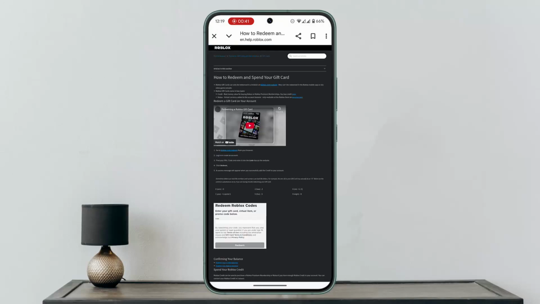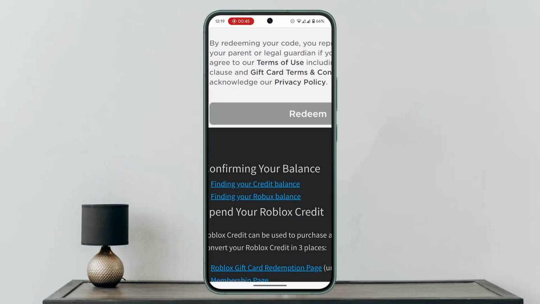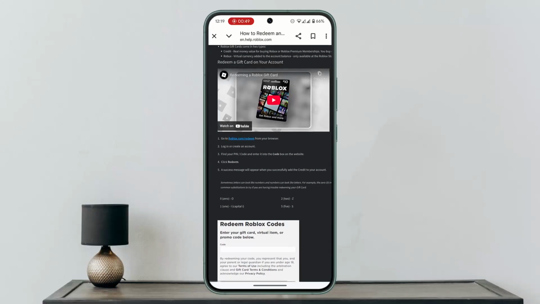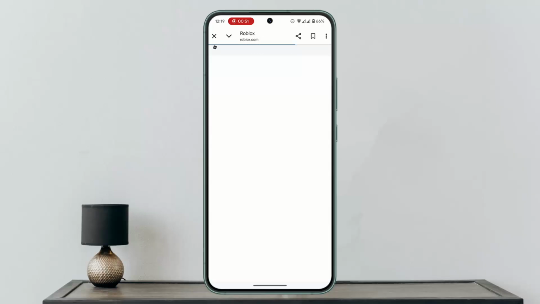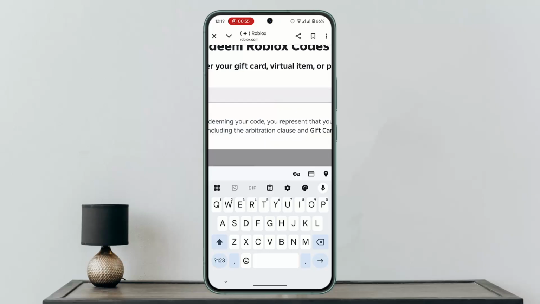So what you have to do is, here you'll have this interface, right? So what you want to do is simply scroll down and enter the promo code or click on roblox.com/redeem. Once you go to this section here, you want to go ahead and enter or redeem your gift card